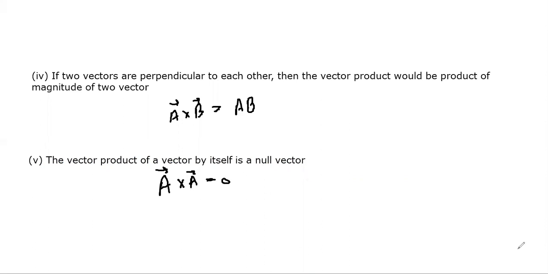Now we know what are orthogonal vectors. I, J, K are called orthogonal vectors. So what is the relation when they are done with vector product? For example, if I do I cross I, what I will get? I will get 0. If I do J cross J, I will get 0 because angle would be 0 degree. If I do K cross K, answer would be 0. But answer would not be 0 if I do I cross J, I cross K, or J cross K, J cross I. It won't be 0.